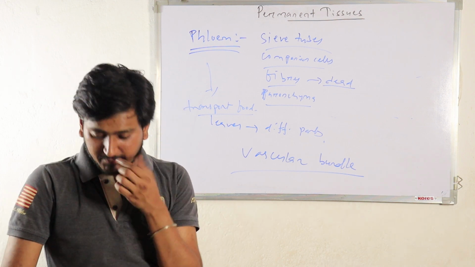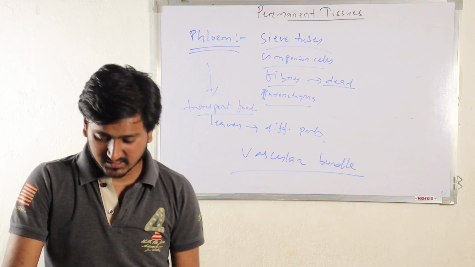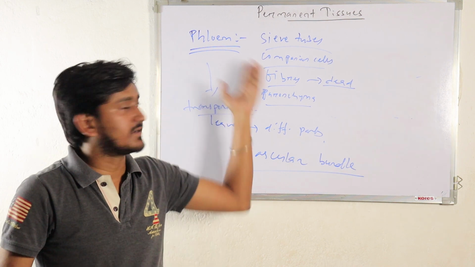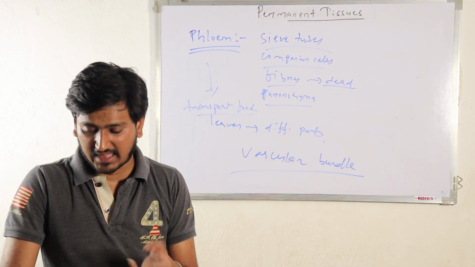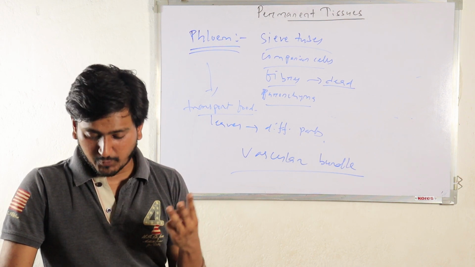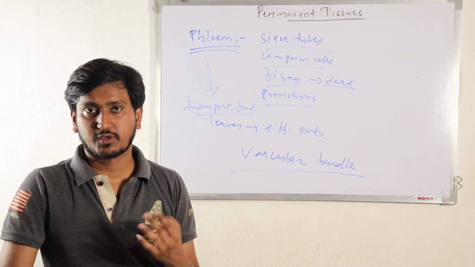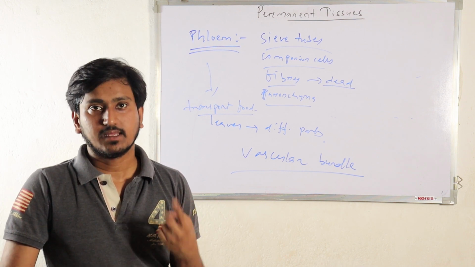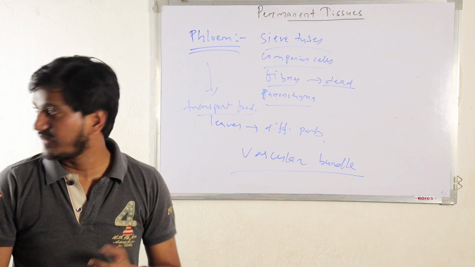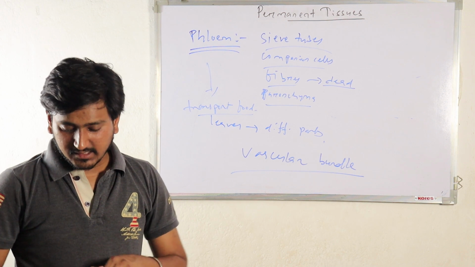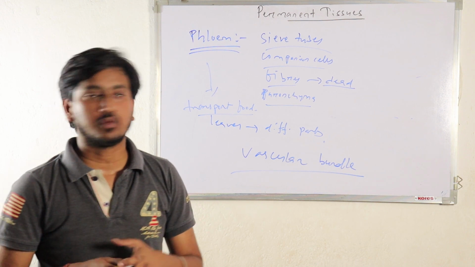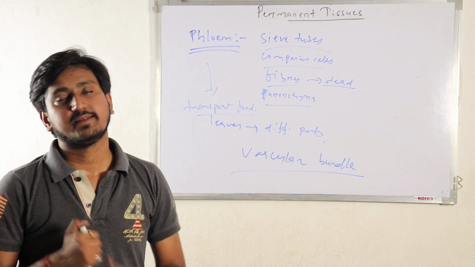To end this video, let me tell you about one more thing: some of the specialized functions performed by such systems. The tissue systems in the plant perform some specialized functions: protection, conduction, secretion, support, and the last one is organ formation. Again I am repeating: protection, conduction, support, secretion and organ formation. So these are the different functions. Lastly, the system of tissues that performs the protection function is called the protective tissue, about which we will be discussing in the next video.